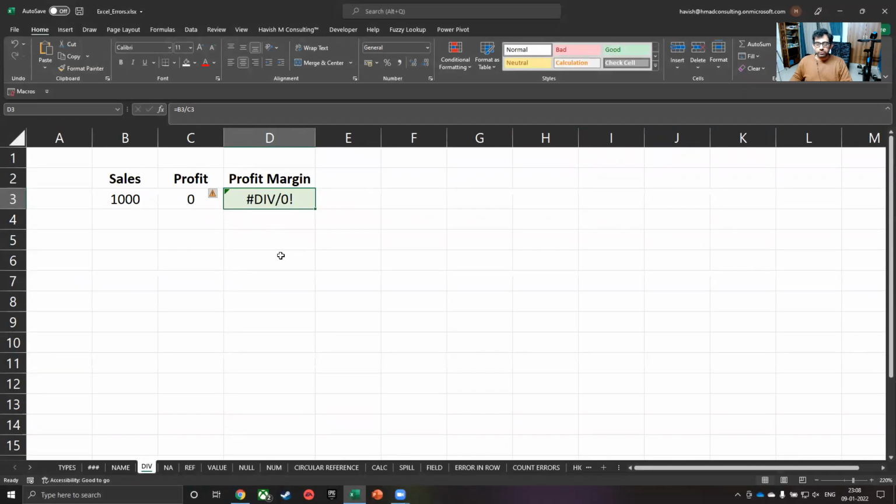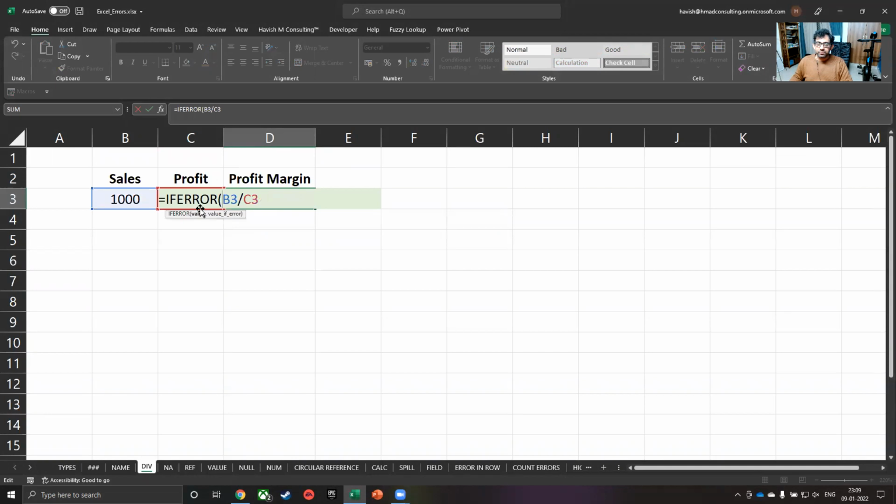Let us look at the div0. This is also very straightforward and very easy to handle. If you divide a number by 0, you are going to get a non-divisibility by 0 error, which means that you're not allowed to divide a number by 0. What you do in this case is to put in IFERROR, which states that if you are trying to divide something by 0, there is a message that comes to the user saying that you are trying to divide by 0, like this.